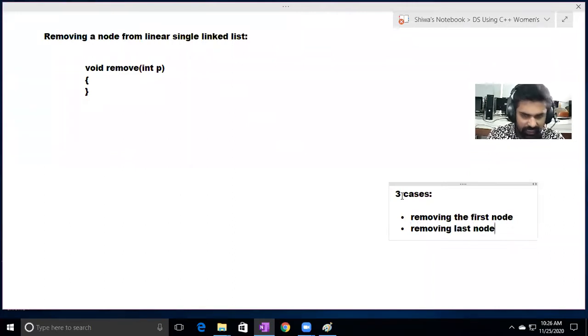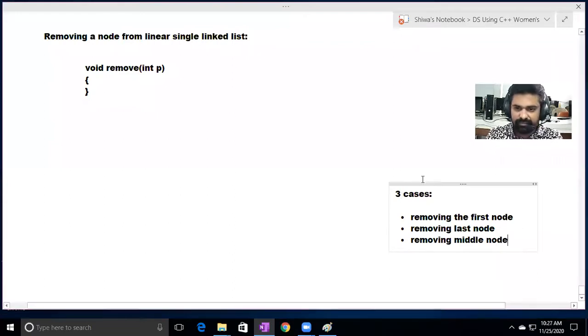In the inserting node, I already explained the same 3 cases. There we inserted first node, inserted last node, inserted node in the middle. Here we are removing the first node, or removing the last node, or removing the middle node. So 3 cases are there.